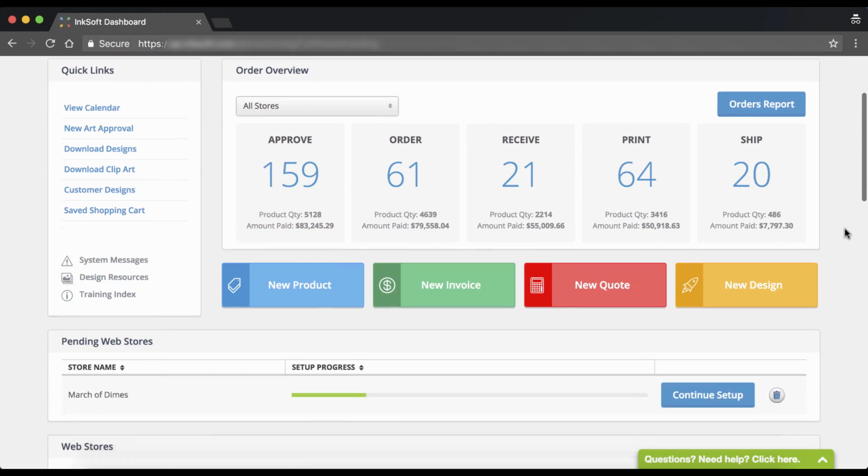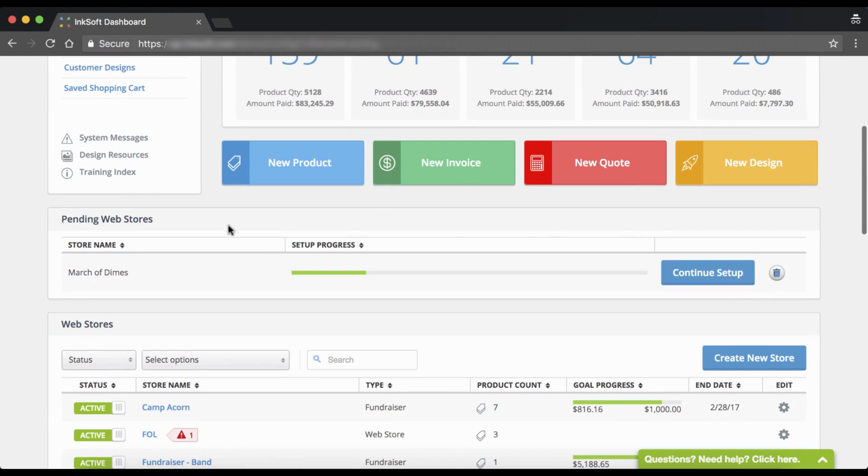Now, if I scroll down, you'll notice there's a new item here that says pending web stores. So in the event that you start to create a new web store and you save and exit, all of your pending web stores will be located here. So think about if you're out engaging with a coach or a customer and you start to create a web store from your phone or tablet or laptop, you can save and exit and always come back to complete and